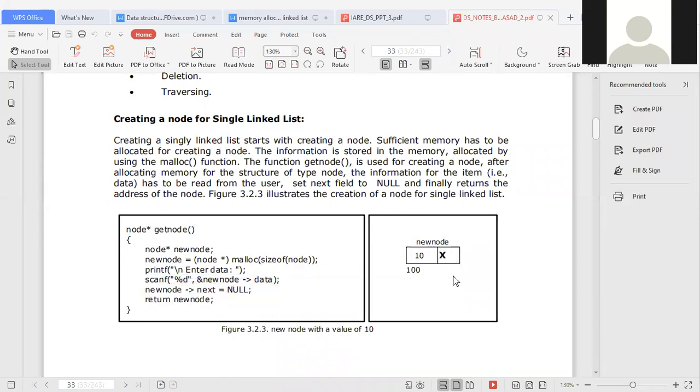Now what will be there in the new node? Only a single node. If a linked list contains only one node, so far only one node is available, what is the value that is going to be there in the address field? Mr. Sandeep, there is only one node. What is the value present in the next address field?